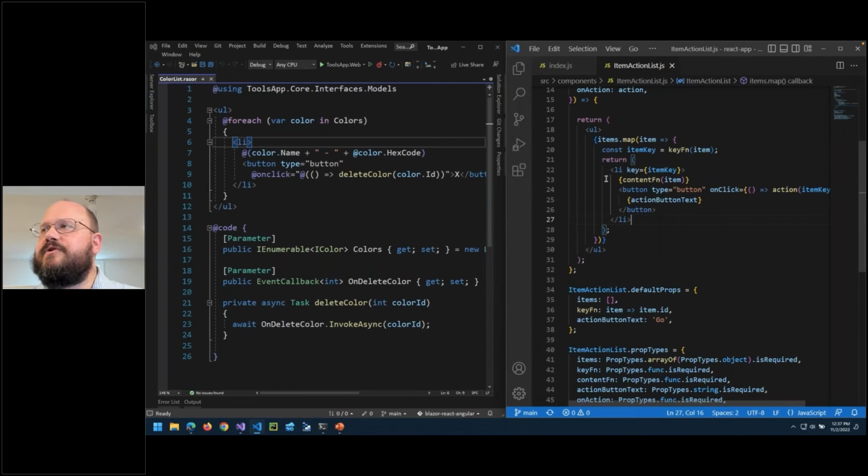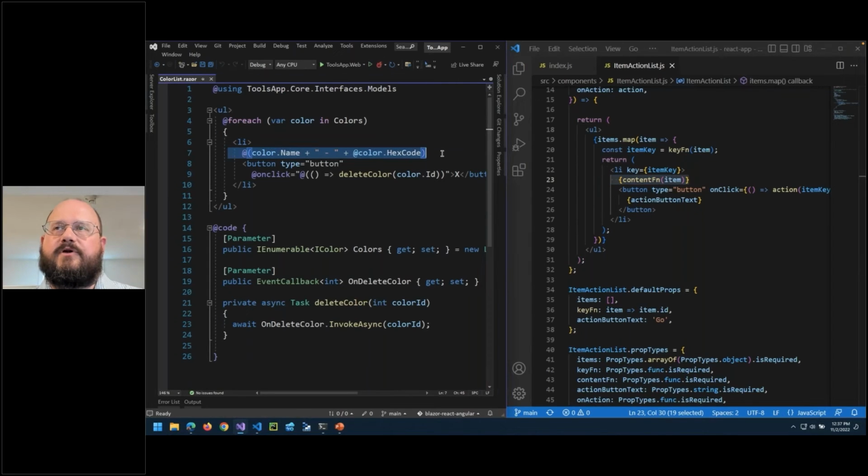Here in my list items, you can see I have a little function that'll generate the content. That's similar to what we have here. And then I've got a button here that I can click on, and it'll allow me to delete. If you were coming from React over to Blazor and working with these Razor components, this would be a very easy transition to make. In fact, back in 2018, when I first started working with Blazor, back when it was still in like pre-alpha or something like that,